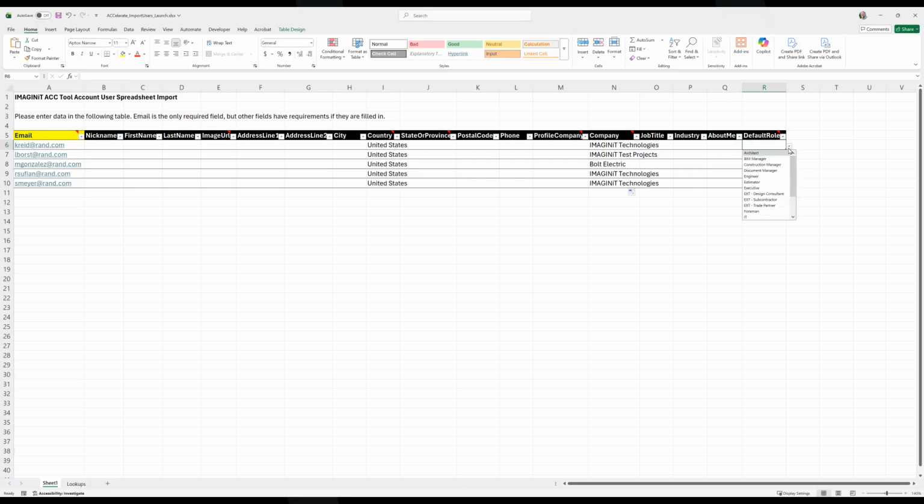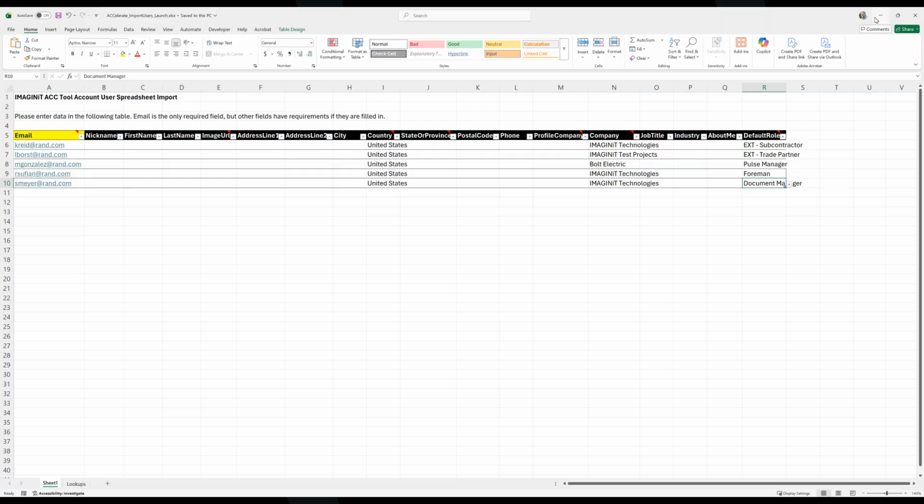And I'm going to set their roles based on the existing roles. I purposely added some external roles to this test hub that we've created to demonstrate that we are able to pick from custom created roles, not just the stock ones or the ones that might exist when you first activate your ACC account. So we'll go there and document manager. All right, I'll leave the rest of this blank. All of these users already have Autodesk IDs, so it won't impact any of this information. But as soon as I save that import,